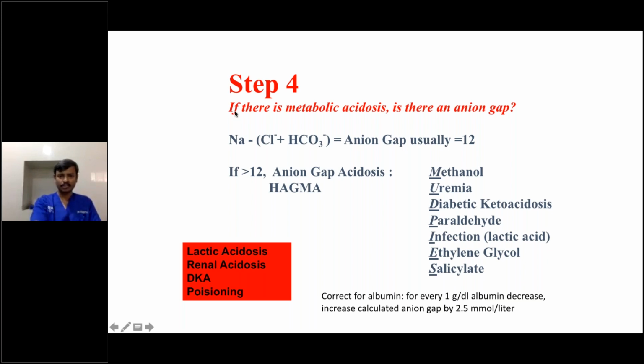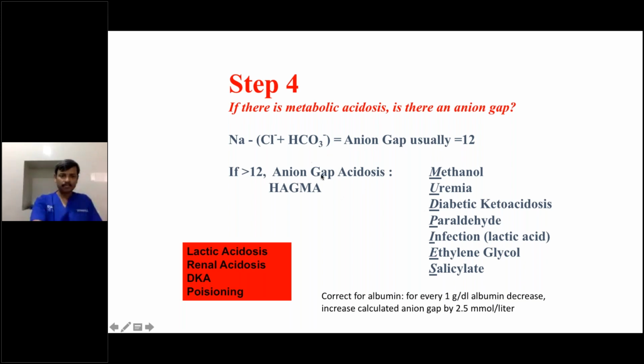But whenever metabolic acidosis is there, we have to calculate the anion gap to know the causes of metabolic acidosis. How do we calculate it? Once again, sodium minus chloride plus bicarbonate. It should be 12. Actually, in the body there is no anion gap existing, because we are electrically neutral. We can't have unneutrality of the electrolytes in our body. If one is decreasing, another will increase, so that it maintains normal. But from the calculation point of view, we identify the anion gap by calculating these values: sodium minus chloride plus bicarbonate. It should be normal. In this calculation it is taken as 12. It ranges from 8 to 12.